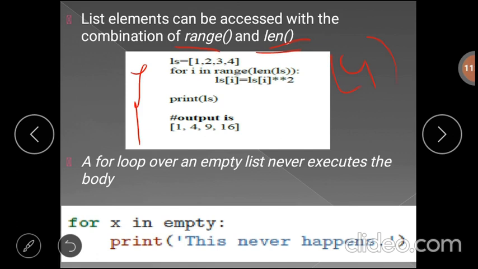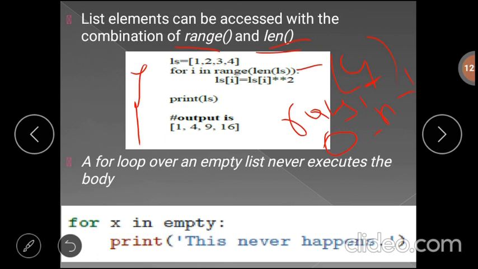Again, here we have the range function. The range function reads the values from 0 to n minus 1. Here the n value is 4, so from 0 to 3, it will read the values from index number 0 to 3. For i in range(len(ls)): ls[i] = ls[i] to the power 2.